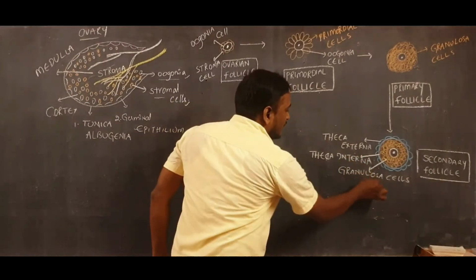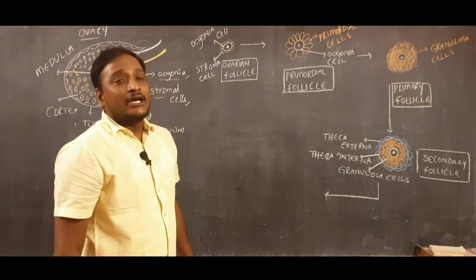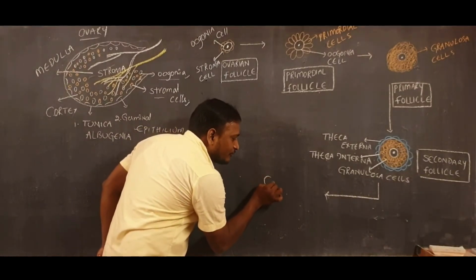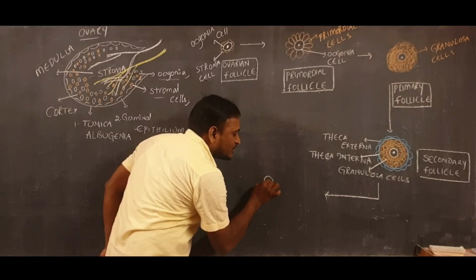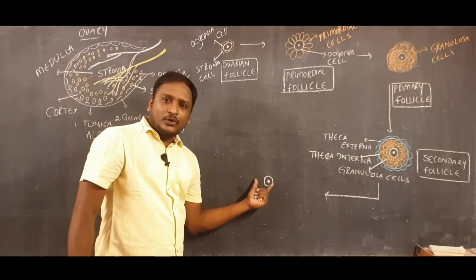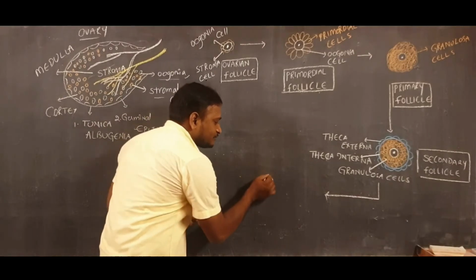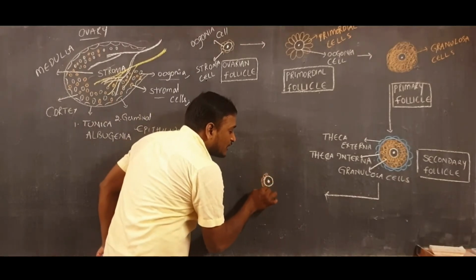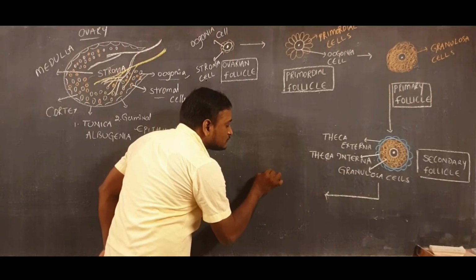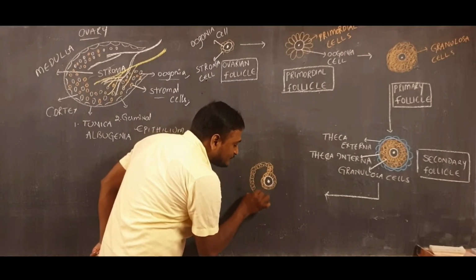And then secondary follicle further changes into tertiary follicle. Here, the characteristic feature of tertiary follicle is a fluid filled cavity which is also called antrum. That means female gamete or egg cell or oogonia cell. Okay, and around the side of this they consist of a number of cells, which are also called granulosa cells. Some of the granulosa cells disappear.